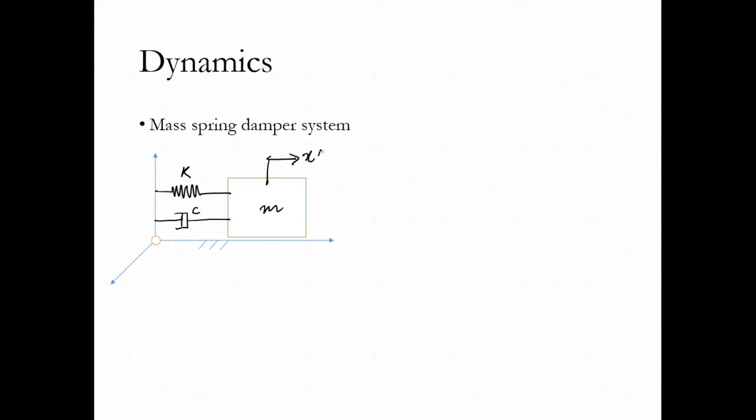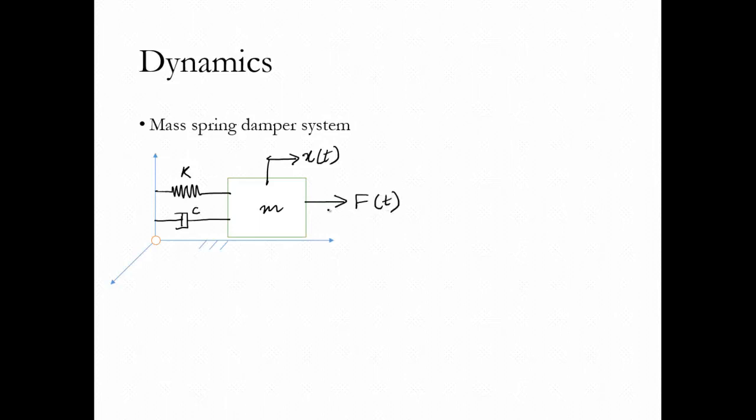Now, let's talk about basic dynamics. Suppose we have a spring mass damper system. So suppose we have a body of mass m, connected to a rigid surface with a spring and a damper. This goes back to elementary dynamics, or you can say a vibration course, where we have a spring and a damper with damping coefficient c and spring constant k. And suppose this is moving, and then some force is being applied to it,